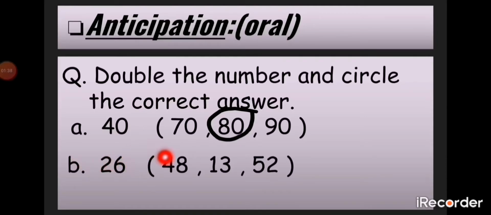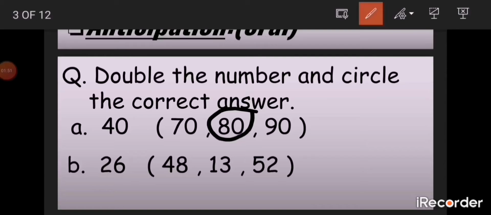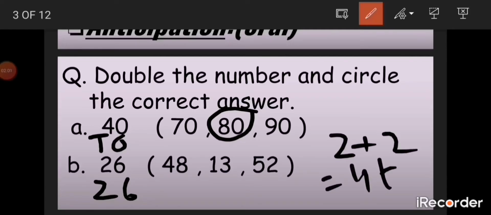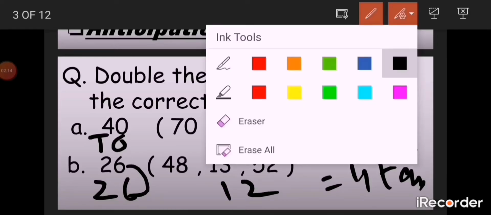Double 26. What is the double of 26? Here are three options, 48, 13 and 52. And the simple way of doubling the number is to multiply it by 2 or add this number to itself. So we will add this number to itself. 26 plus 26. Put the values, extreme right digit ones, then tens. 2 tens plus 2 tens. Answer is 4 tens. Done. And 6 plus 6. 6 ones and 6 ones. Put 6 in mind. Now count on 7, 8, 9, 10, 11, 12. Answer is 12. So 4 tens and